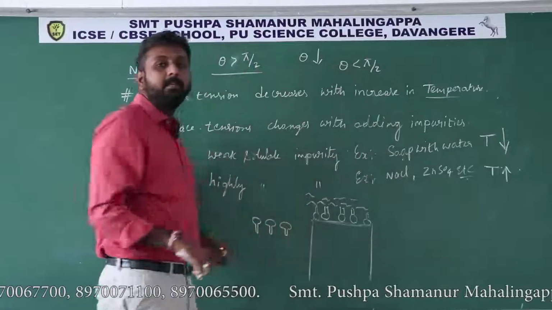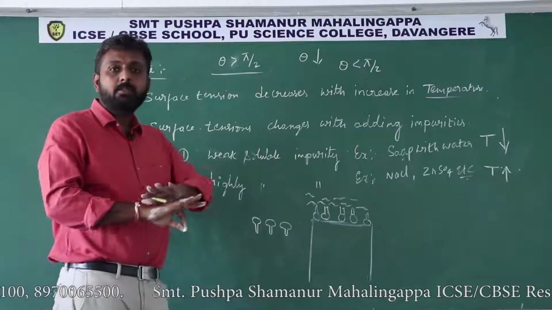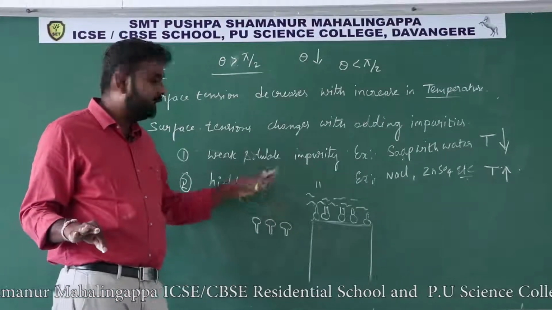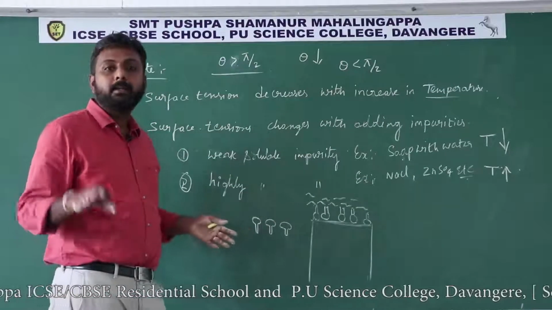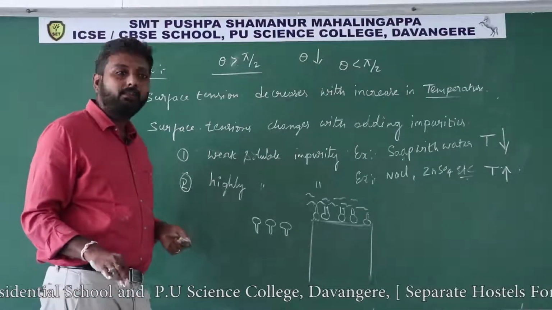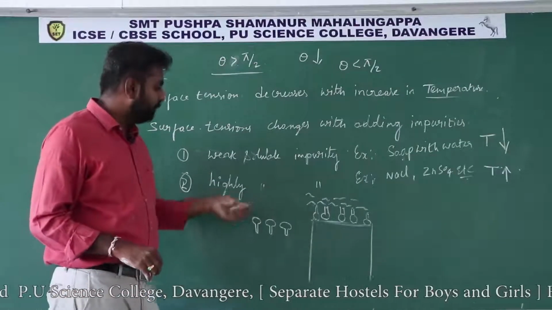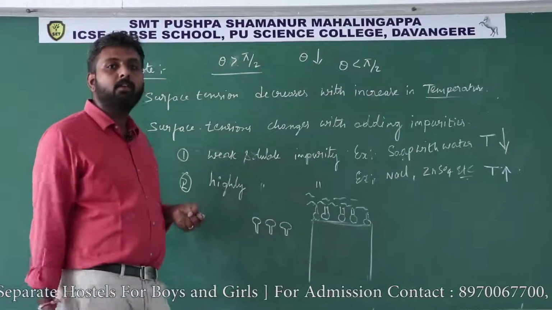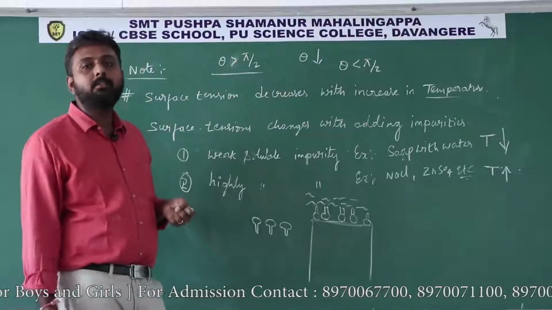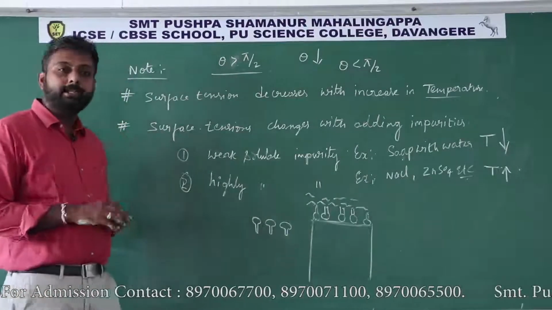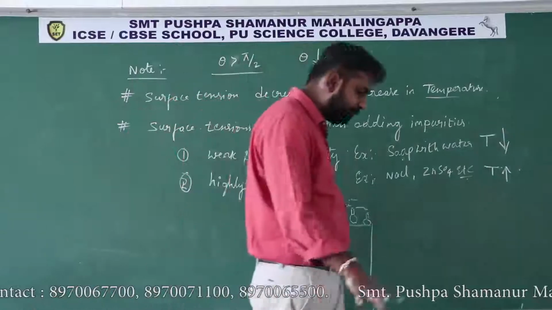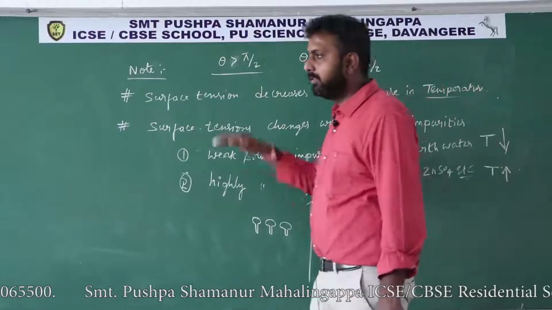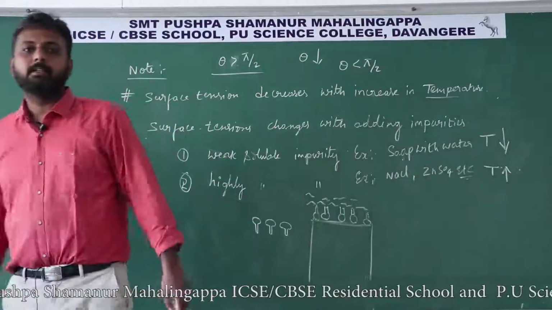If theta becomes less than pi by 2, it means the water spreads more, that means the contact area of the water will increase by decreasing the angle of contact. Thus, it will remove more dirt from the clothes. This is also one example of surface tension. Remember, by adding detergents to the water, the surface tension will decrease and also the angle of contact will decrease.